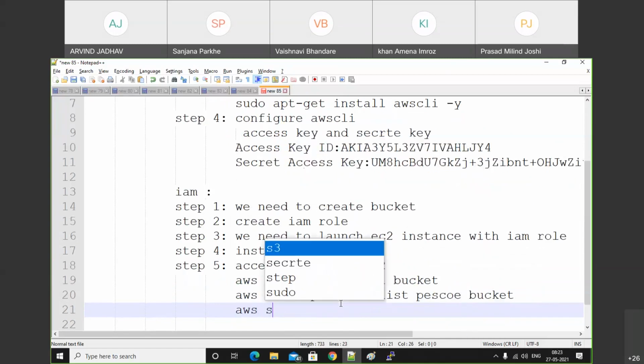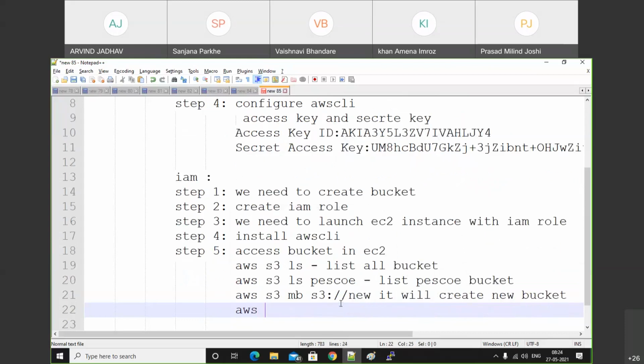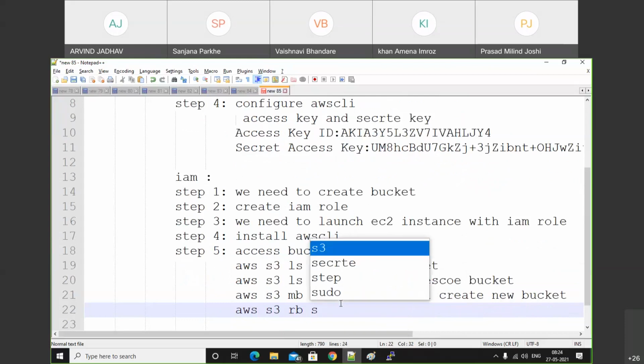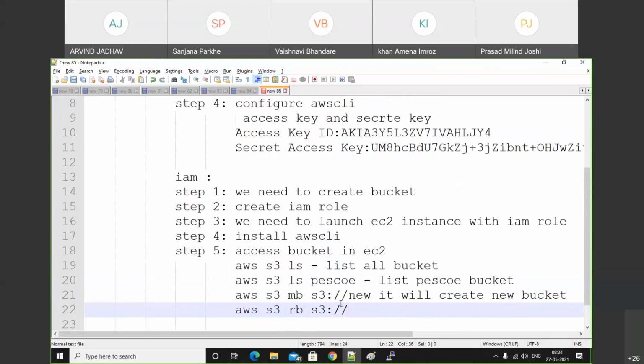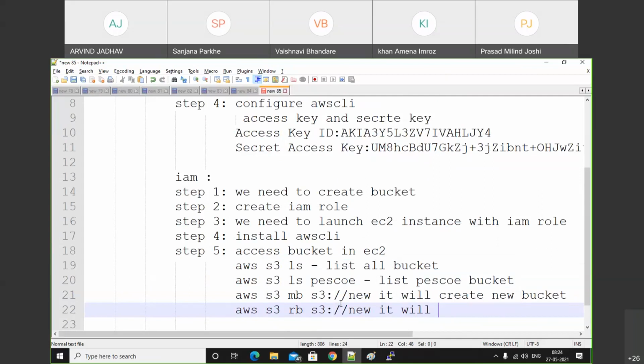AWS S3 MB s3://new will create a bucket. AWS S3 MB s3:// will move.